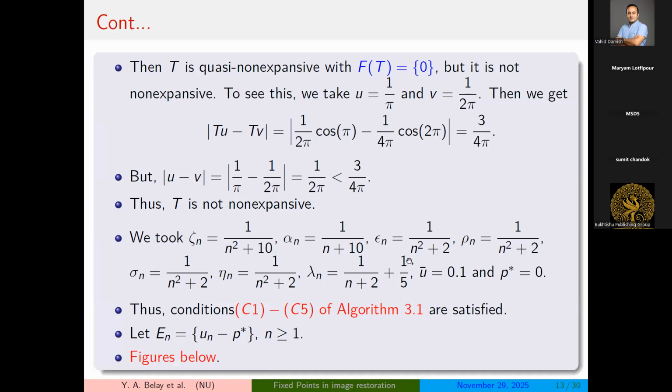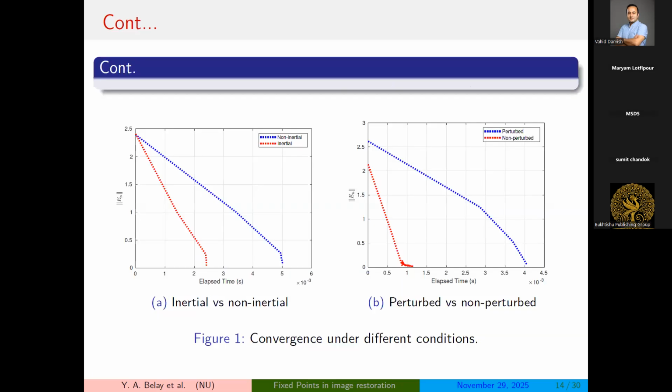We took some standard parameters which satisfy the conditions already stated in C1 through C5 of the algorithm. So every condition for the algorithm is satisfied. So here we let this En, the capital En, to be the error term sequence. Like, UN is the sequence of iterations, and P is our fixed point, like it is given here, it is 0. So we will calculate the convergence of the iterative methods